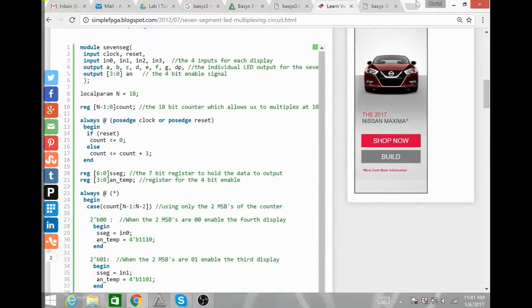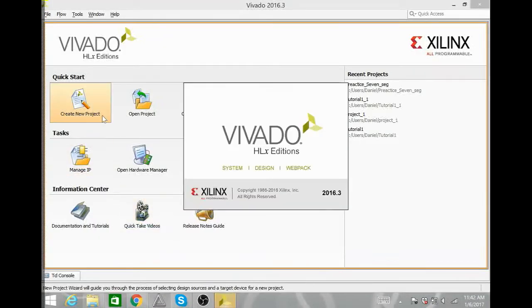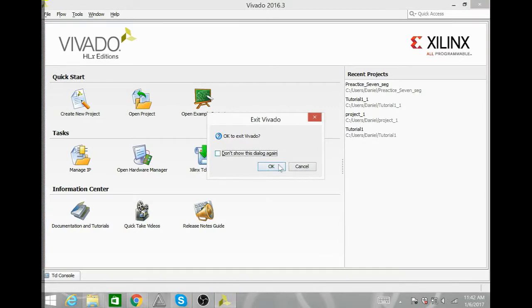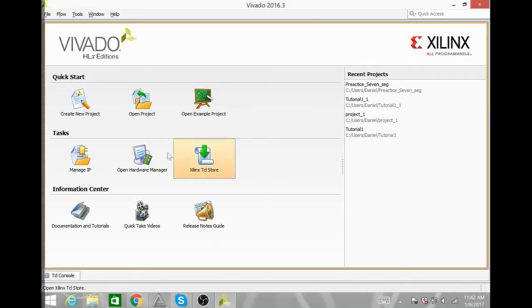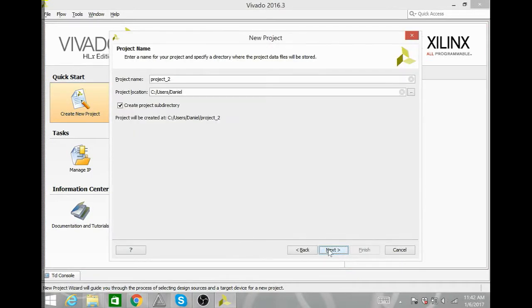So we can go ahead and open up our Vivado software. So we can double click on it, so yes. Alright, so it's open. Now we can create a new project. We're going to hit next. We'll give it a name. I'm going to call it